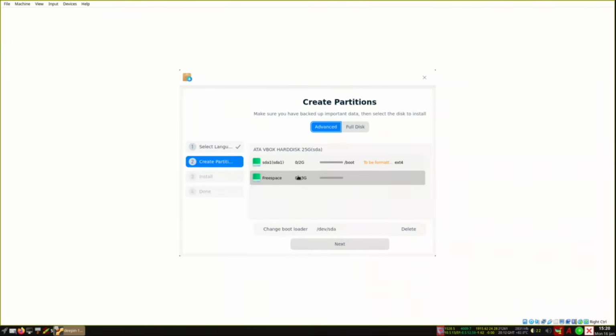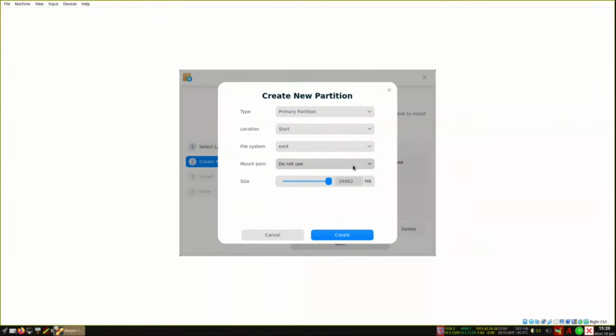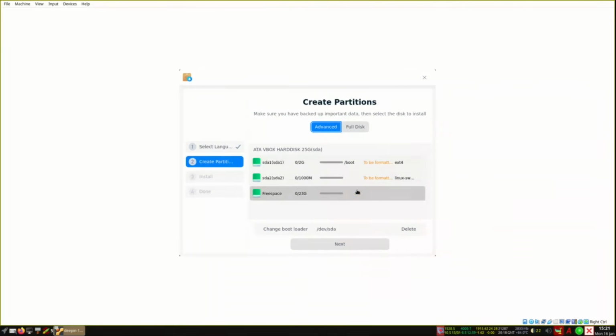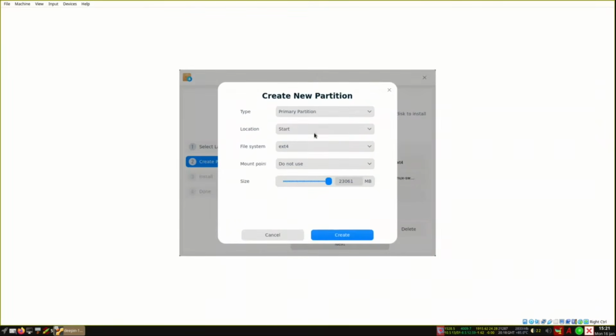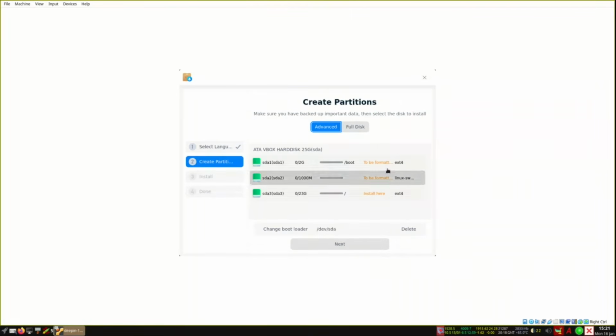The second one, so we have here around 23 GB. I press, and I press also here. We need for the swap, so the file system here, I will put swap partition, and here the minimum is 100 MB. Good. So the minimum is 100. So let me put 1000 or 1 gigabyte. I will create. And the last thing that we will need is, I'll press, and I'll press also here. The last one is the mount is the root, and the remaining is 23. I will say create. So this one to be formatted and install here.